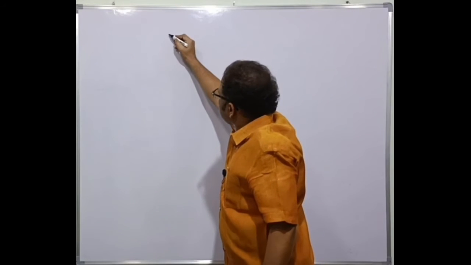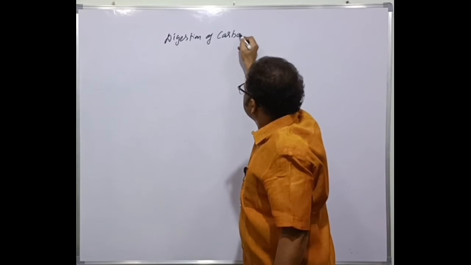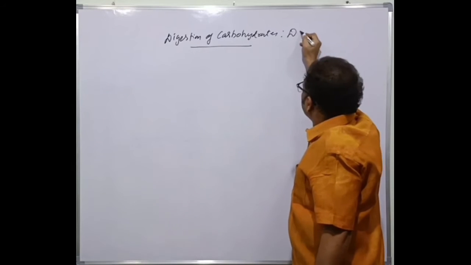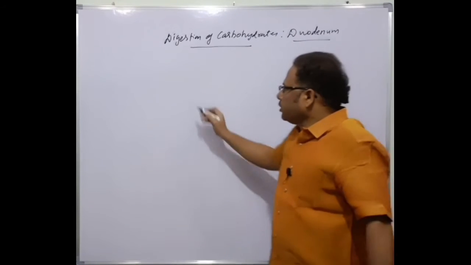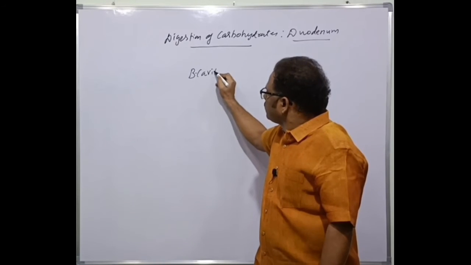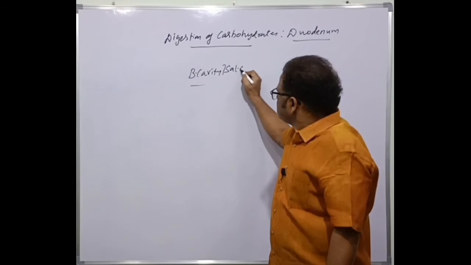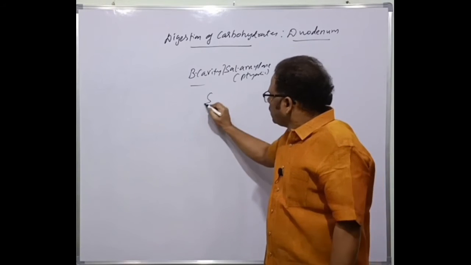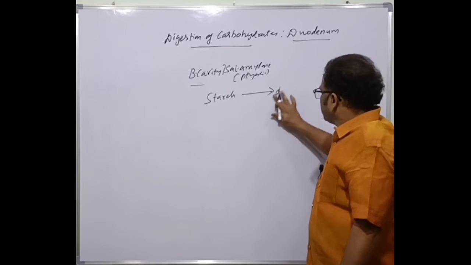So, digestion of carbohydrates in the duodenum. Already I told you in the previous session that in the buccal cavity there is a release of the salivary amylase called ptyalin, which is responsible for conversion of starches into the disaccharide called maltose.